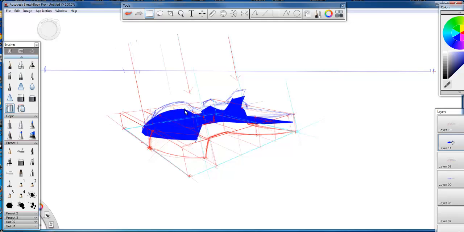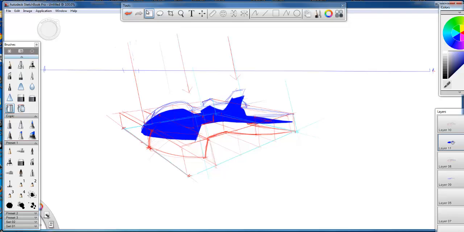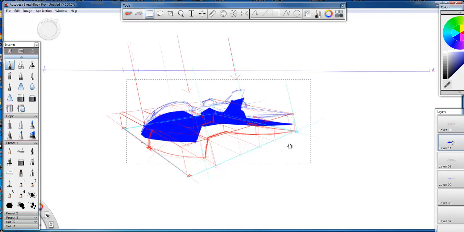Let me go to move here. If I move that, why is it not moving? Oh, it's moving the whole thing. Hold on. Why is it not doing it? There it goes. So what's cool is if I take the whole shadow now, and if I move it down to about right there,